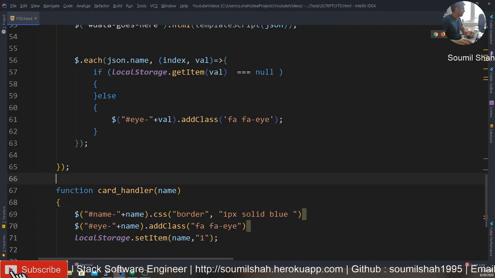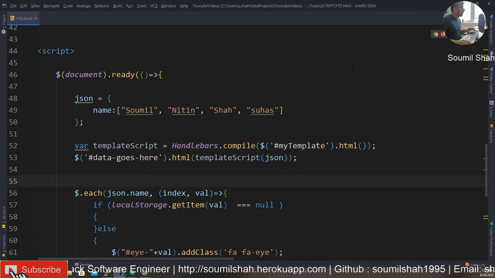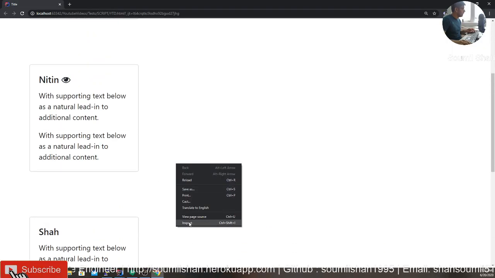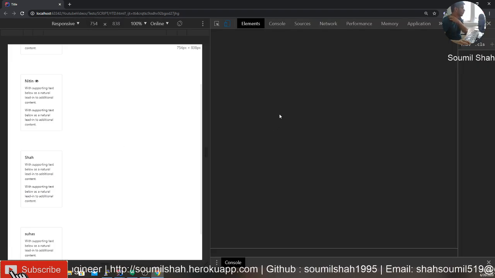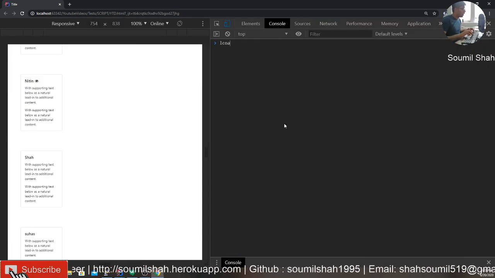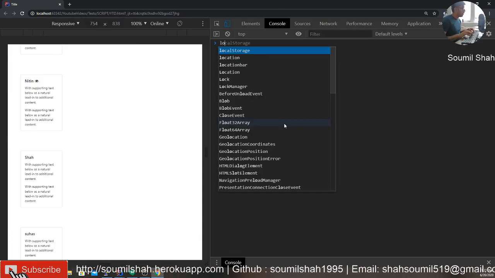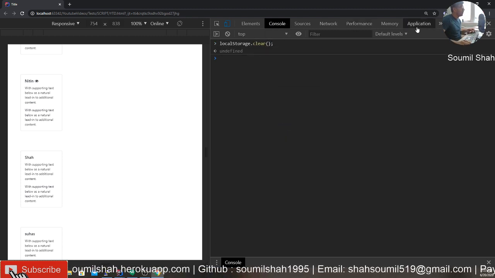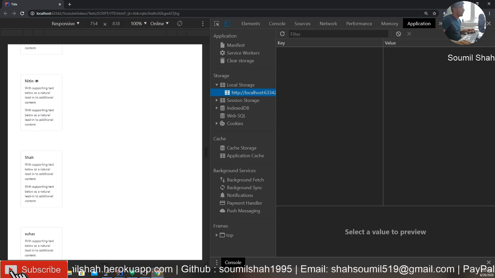Now if we test the functionality, run that again. You see Nitin and Saumil, I already clicked on it. So let me clear the browser local storage and show it to you again. Local storage clear. Okay, we cleared it up. You can prove it: here there is no data.